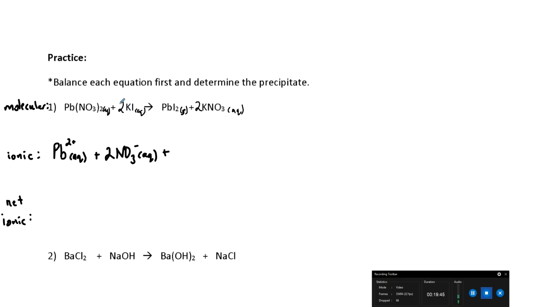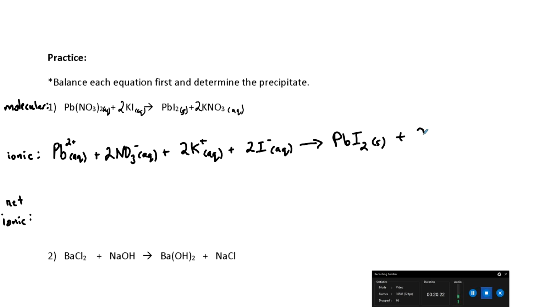aqueous. I'm going to break up potassium iodide. There's 2 because of the balance, so 2 potassiums plus 2 iodides. Then that side's good to go, and I'm going to do the next side. My precipitate in the solid state stays together, right? Anything that's not aqueous stays intact